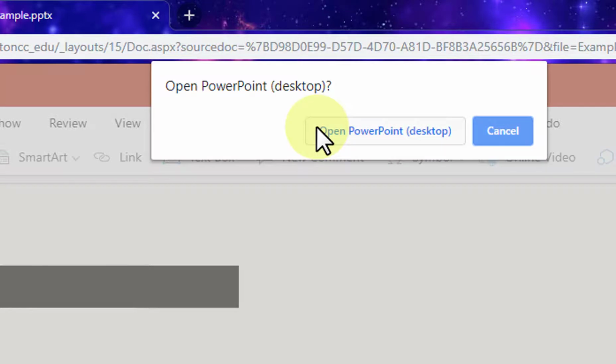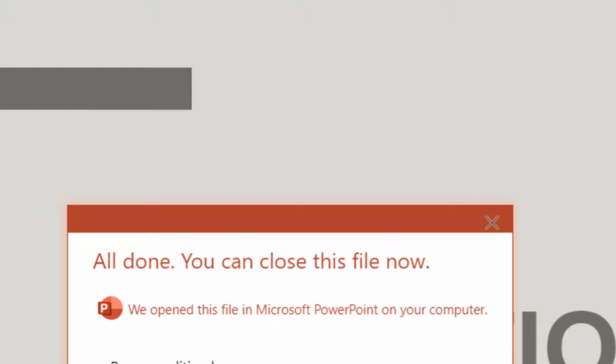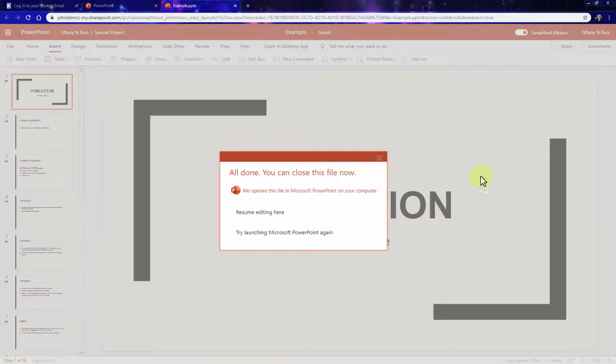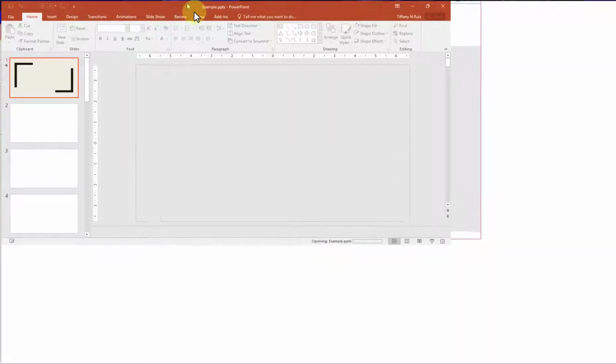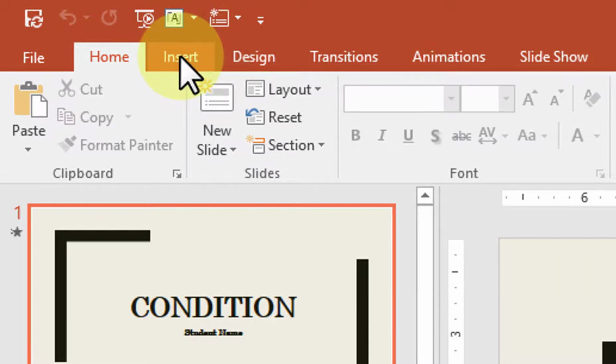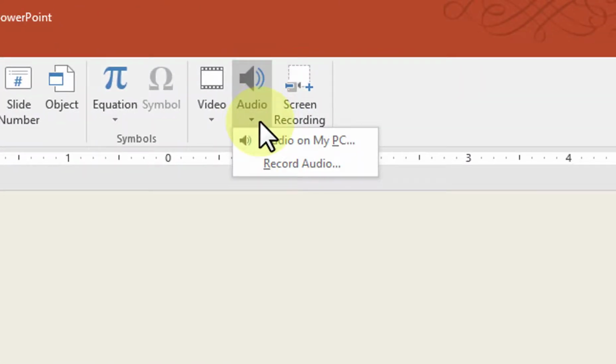So you'll click on that, and we've got to let it know that we want to open it in the desktop version. I get a little warning that looks like this. Hit yes, I want to open. Anyway, and then it pops up in the desktop app. So now when we go to insert at the top, you'll notice it says audio. We'll click on this, go down to record audio,